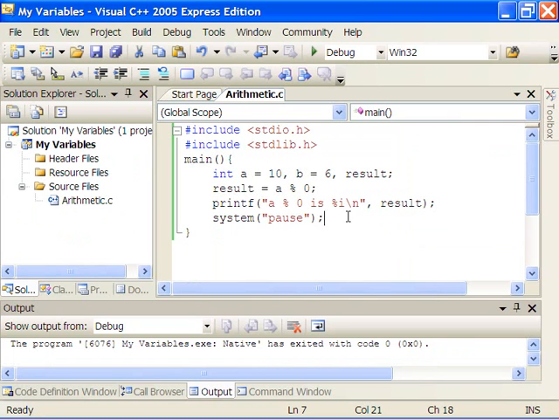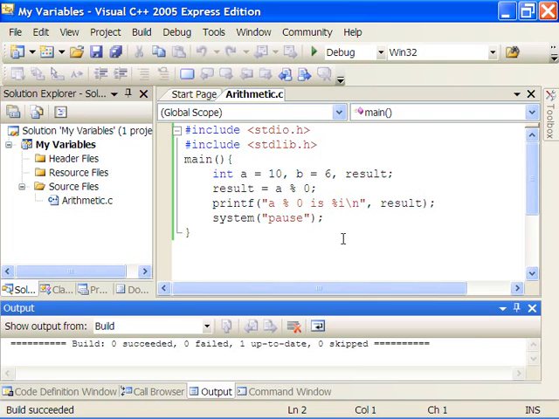Okay, I want to just show you one more thing that I talked about in the slides, and this is one of the exceptional cases with the modulus operator. If you have a modulus 0, then we're going to have a runtime error, which will be the equivalent of a division by 0, which you can't do in integers. It doesn't make sense to divide by 0. So I want to make sure that you understand, first of all, that this program is syntactically correct. That means that it compiles without any errors. And now when we run this program,